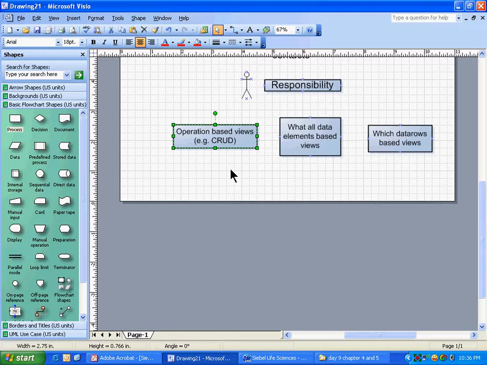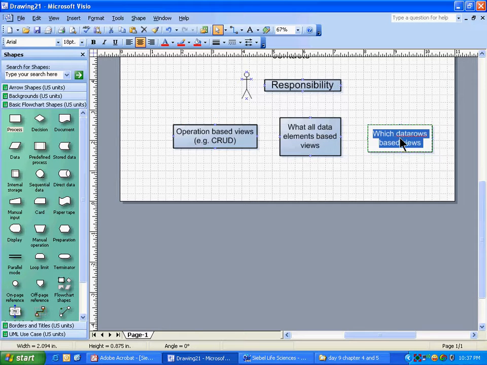So we make two separate views. What are data elements based views? We have different views, like account contacts if you want to see, and different ones if you want to see account opportunities. For example, in case of RK, they said that this guy should be able to see user ID password, and this guy should not be able to see. We want to control the access. That means it has to be in a separate view. Is it right? Account login ID view. So this is the way you think. You provide a separate view for that thing, and then you provide access to that on the basis of responsibility.